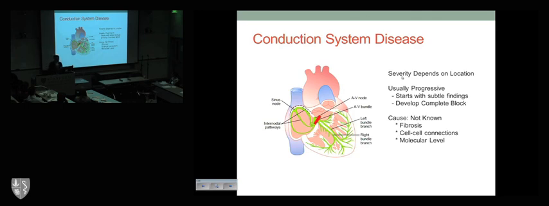So what we find is that folks with myotonic dystrophy, and I mentioned before about a quarter, end up developing a problem somewhere along the electrical system. And the problems can happen anywhere along the electrical system. Sometimes the problems are very high up in the heart. Sometimes they're very down towards the bottom of the heart. And how severe the problem is really depends on where that electrical problem happens.